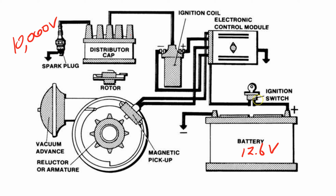Well, you jump in the car, you turn the key, and you start cranking the engine over. As soon as you start cranking the engine over, power flows through your ignition switch and up into your electronic control module. Your electronic control module starts to make a few decisions. It says, I'm going to send some power to my magnetic pickup. When the engine is cranking over, when you've turned the key, that means this reluctor or armature wheel, the reluctor wheel I'm going to call it, starts to spin. When it starts to spin and go round and round and round, these little teeth on the reluctor wheel interrupt the voltage signal, the magnetic field created inside this magnetic pickup, and that sends a signal back to